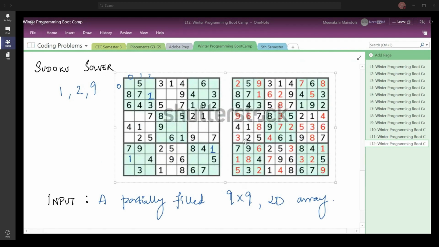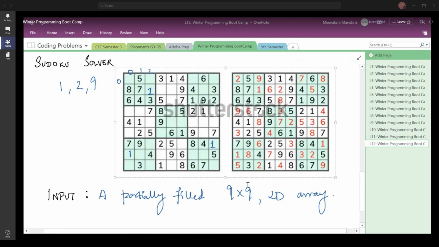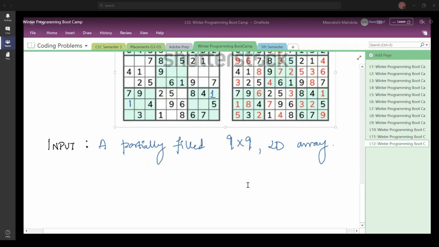So this is how you generally solve a Sudoku. If up till now everyone has understood, let us move ahead and understand what is going to be given to you in the project in the form of the input, how you are going to represent it in the form of the output, and what is the approach that you are going to follow. Looks like a lot of you have understood. Let us move ahead then.